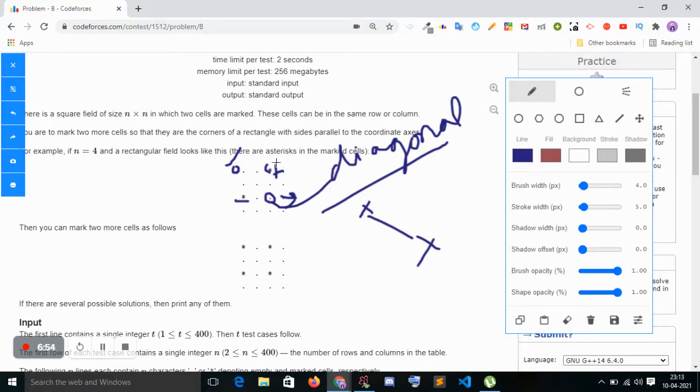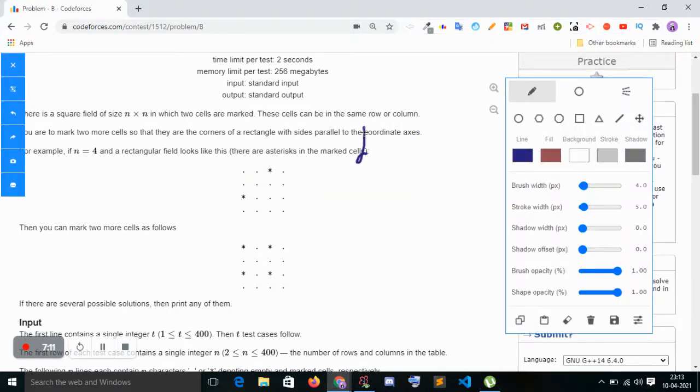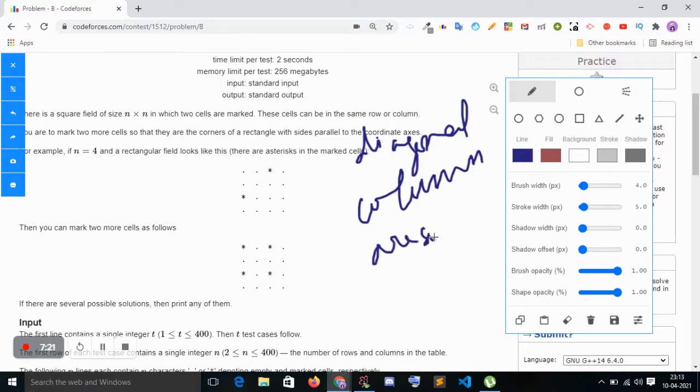The problem is that the columns will be swapped. Whatever column is in the first mark goes here, and whatever column comes from the second mark goes there. Yes or no? So in a diagonal, the columns are swapped. That's the three conditions we should take care of.